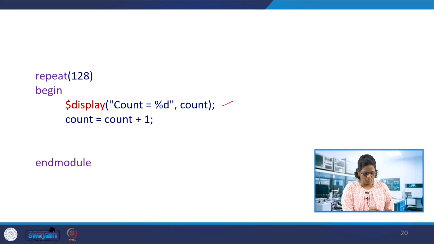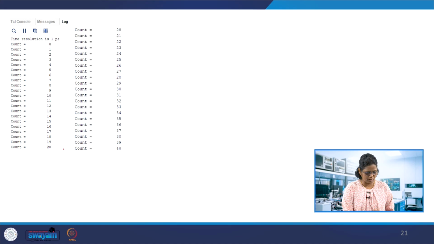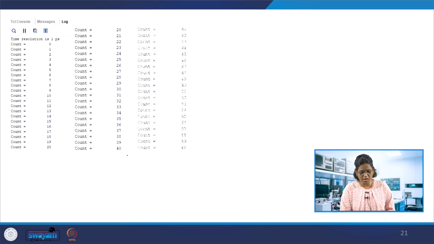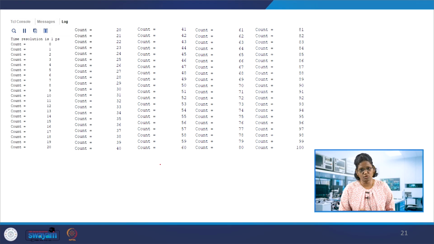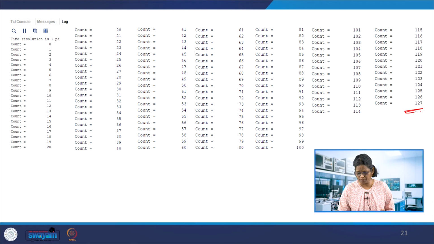So it displays one time, 2 and 3 and 4 and so on, up to 127. It increments the state up to 128. Can we see the output of this one, really the same as the previous examples? So we have seen the for loop, while loop, as well as the repeat loop used to design the counter. It can be used for counter designs.